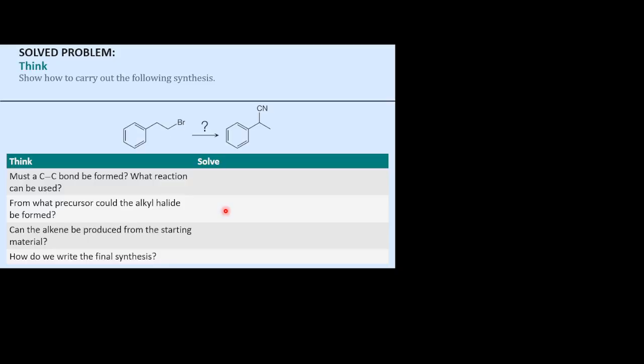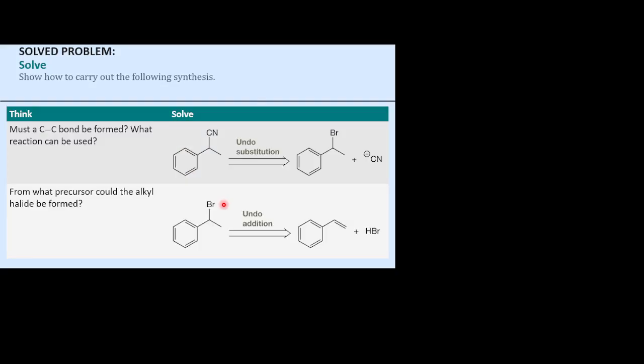Okay. And so what bond do we have to make here? Yeah. We have to undo that substitution and undo putting that CN on, right? Got to get rid of that C-C bond for the CN. Okay. And so this is going to be an undo. The easiest reaction that's probably in most of your minds would be a substitution, like a nice SN2 or something, right? SN1, SN2 reactions. Okay. The exact one we're using here doesn't really matter, to be honest, because there's not a lot of rearrangements and other stuff we have to deal with. So it's a benzene ring. It's pretty stable.